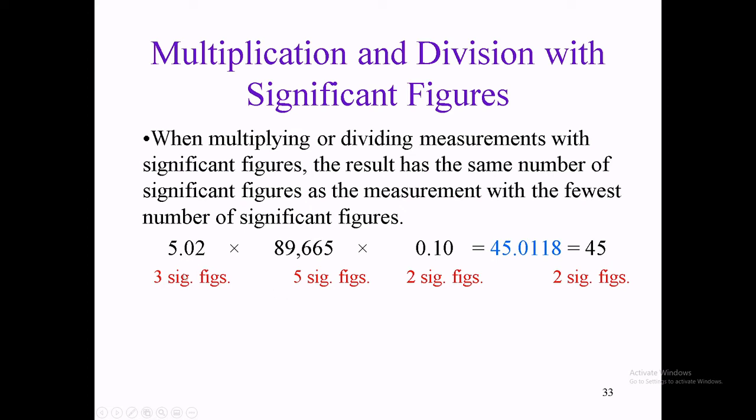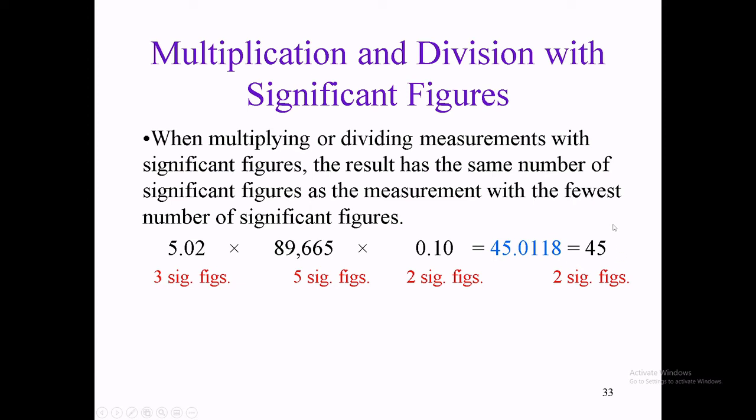So 5.02 has 3 sig figs, 89,665 has 5 sig figs, 0.10 has 2 sig figs. This means that the lowest one is 2 sig figs. My answer needs to be limited to 2 sig figs. So when I write this out in science class, I'm going to write that this times this times this is equal to 45, okay? Not